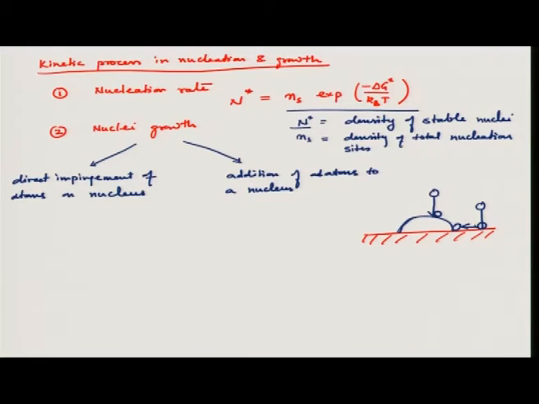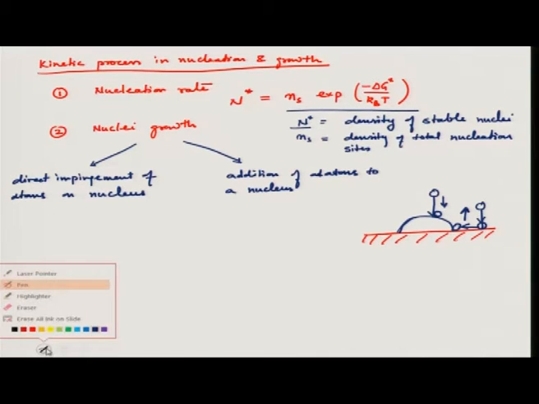Now, if this process happens, it will be added to it, because by adding this atom or molecule to this nucleus, the overall energy will be reduced, because we are past this energy barrier, right. So, addition of each and every atom to this nuclei will reduce its energy further. However, when this atom is adsorbed on the surface and it is moving towards this nuclei, it may also get a chance to desorb. It may go back to vapor phase if it is not able to find a stable nuclei within some time period. Now, what is this time period?